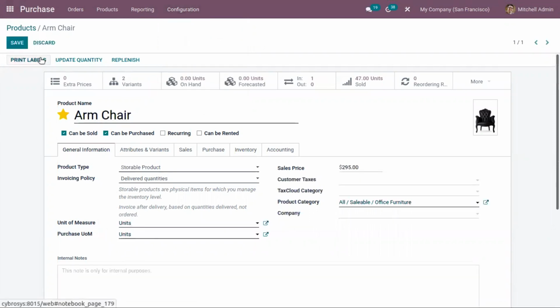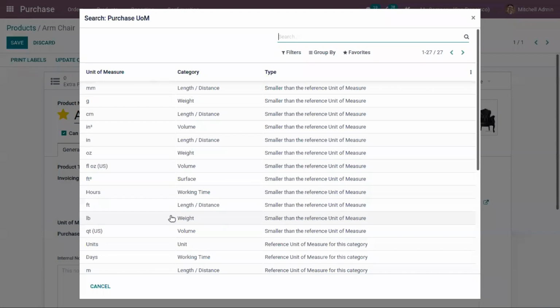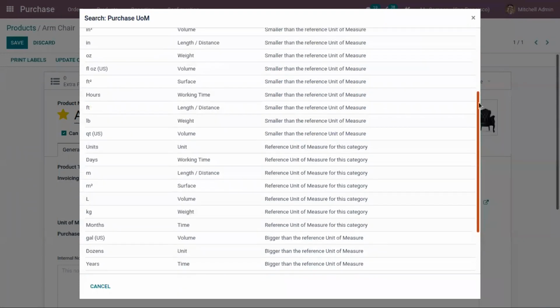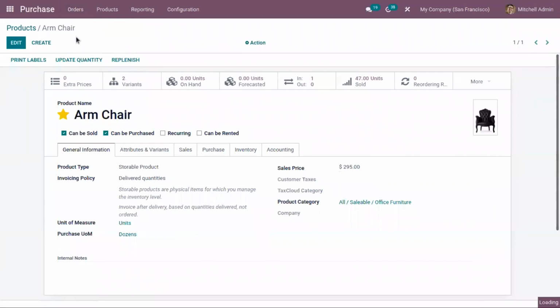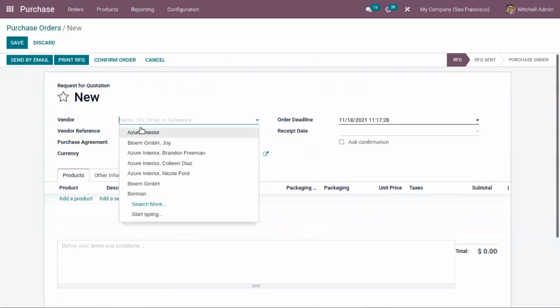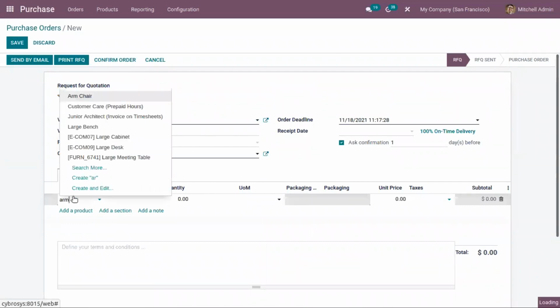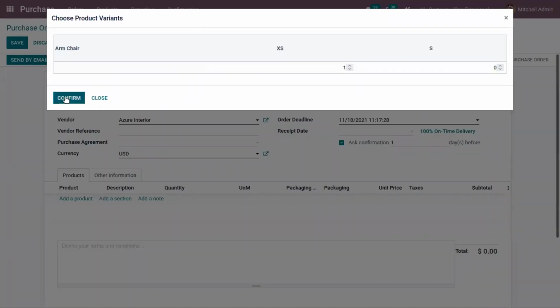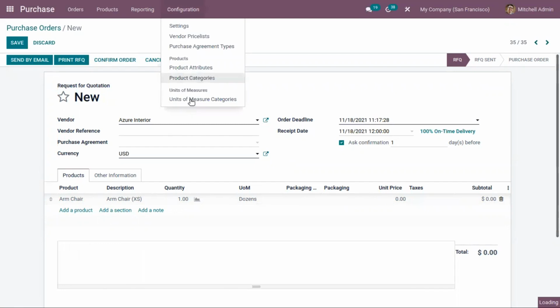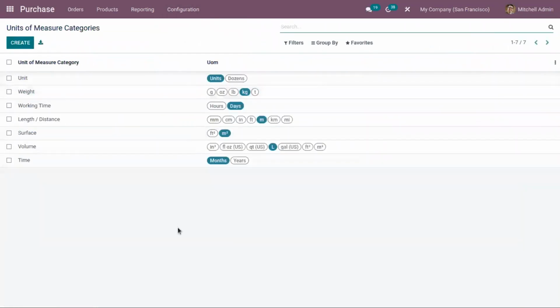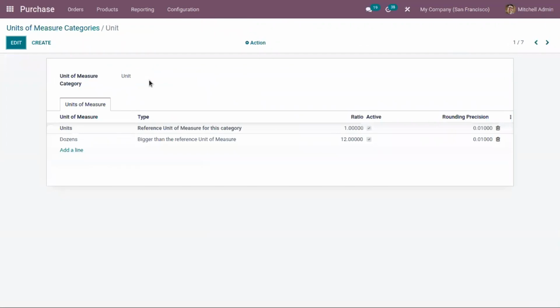So here, if I set the default purchase unit of measure for this armchair as dozens, and if I create a purchase order for this product, you can see the unit of measure is set as dozen by default. So in this way, you can create more categories and add units of measure under those categories.